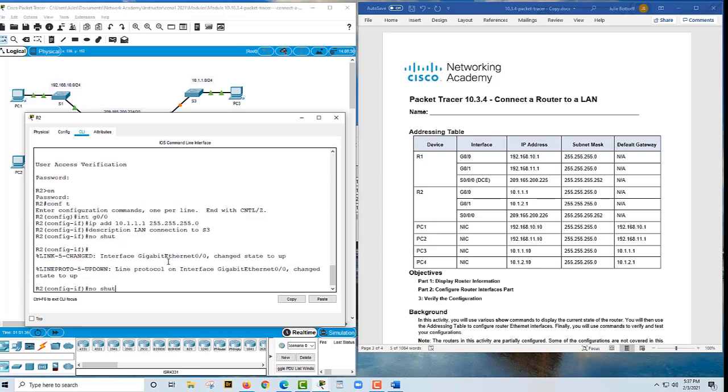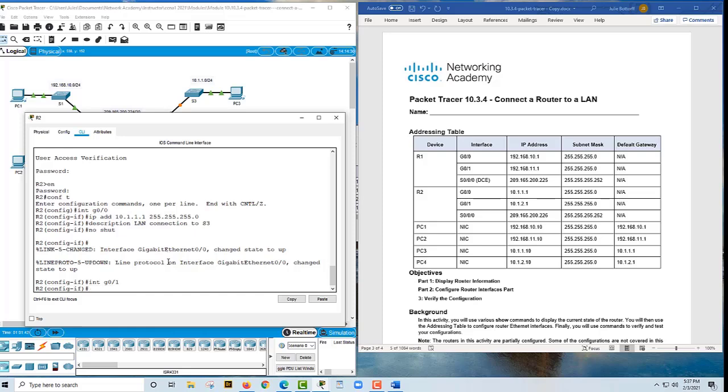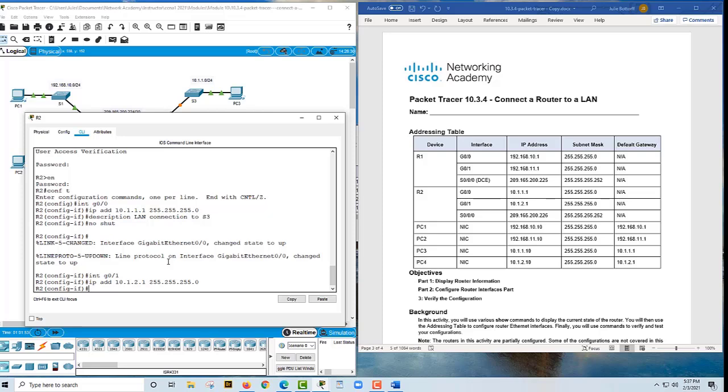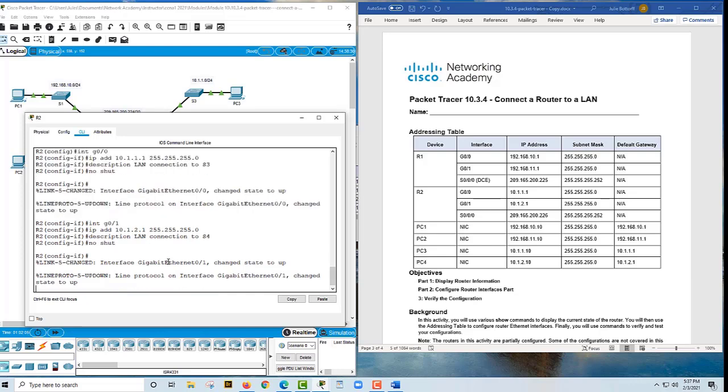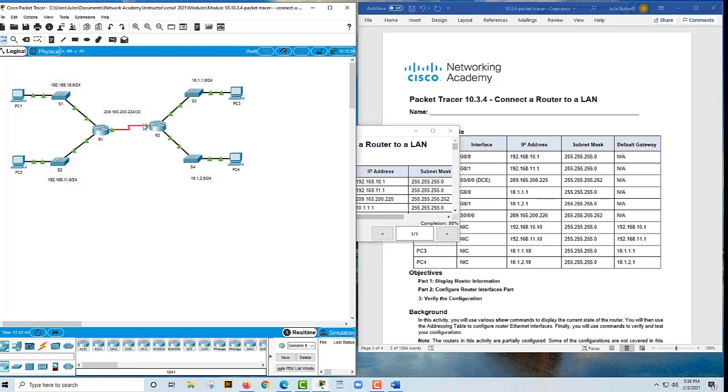And the next one is going to be interface 0/1, so we can just recall our commands, make the changes that we need to. The IP address on this one is going to be 10.1.2.1, so we just need to change that third octet from a 1 to a 2. And then for our description, we only have to change, this is the connection to S4, and of course, enable the interface. Our visual indicators are good. We have the green triangles that both links are up, and we should be able to ping PC3 and PC4